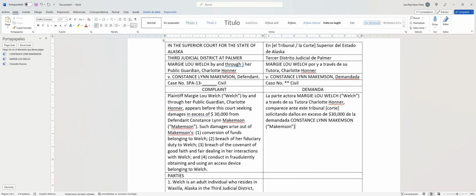Dichos daños, such damages, dichos daños surgen de